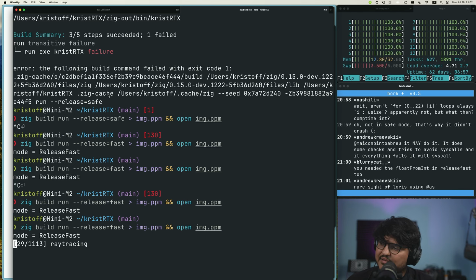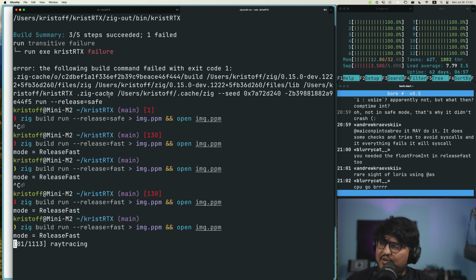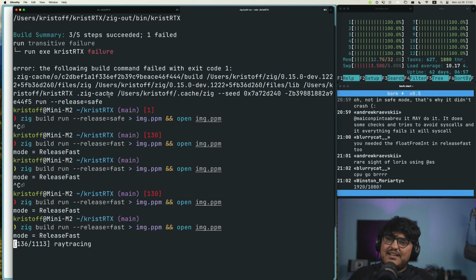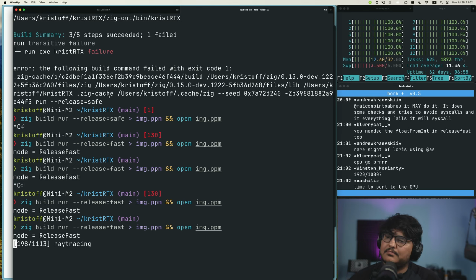Boy, is it struggling. We are now to a point where maybe even adding the second level of progress would start to make sense. It wouldn't really help make this faster, but it would make sense. Ooh, this is in pain, huh? Yeah, it's 1920, 1080. Yep. Time to port to the GPU. Well, in the meantime, if I can use my mouse,